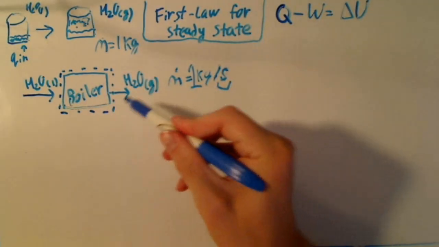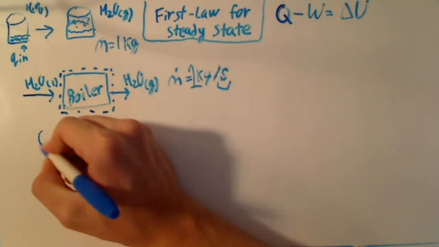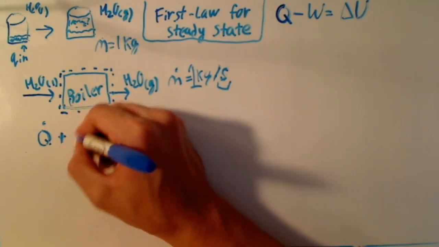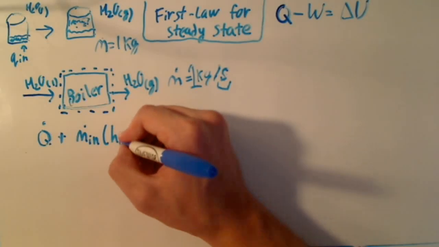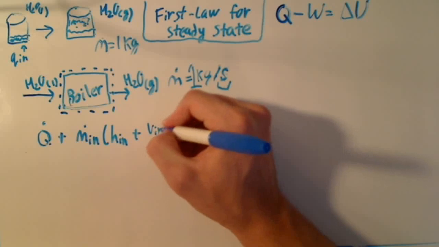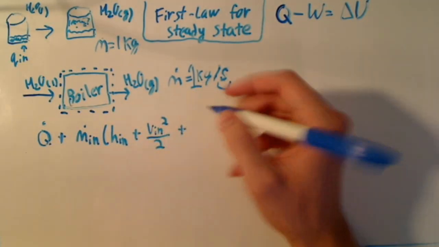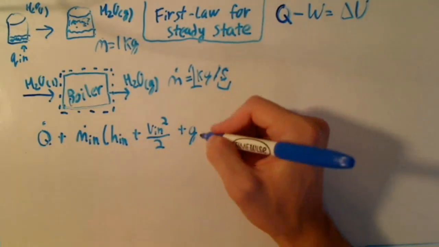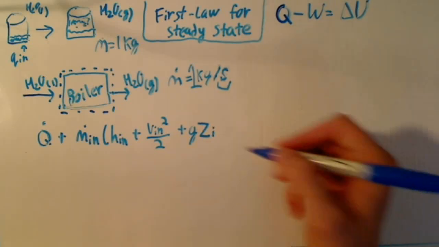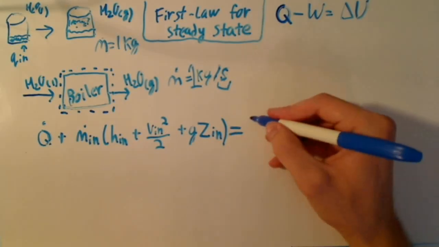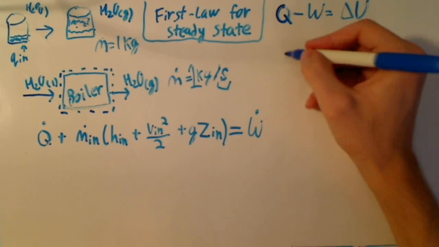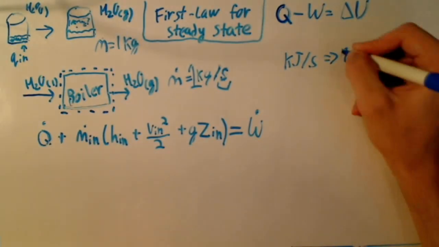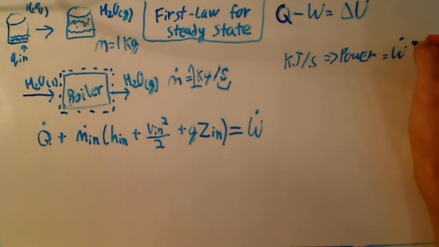So to apply the first law to this situation, we have Q dot, heat with respect to time, plus the mass flow rate in times enthalpy in plus velocity in squared over 2 plus the gravitational constant 9.81 meters per second squared times the height, but since we're already using h, I'm just going to use the letter z in, equals work with respect to time, or power, because kilojoules per second is a unit of power, but we can just say that's the same thing as work with respect to time, which the dot takes care of,